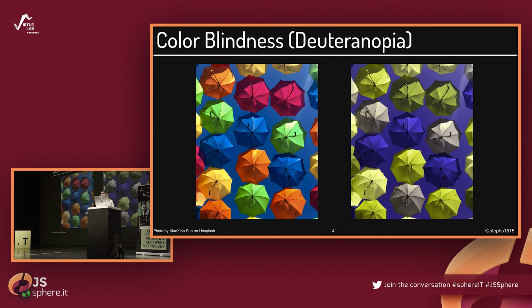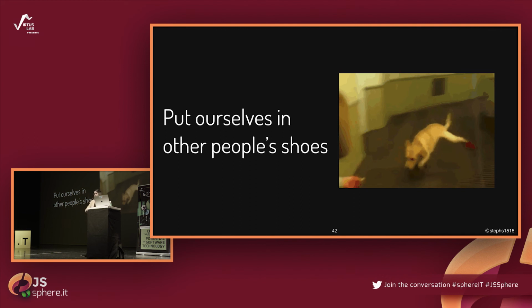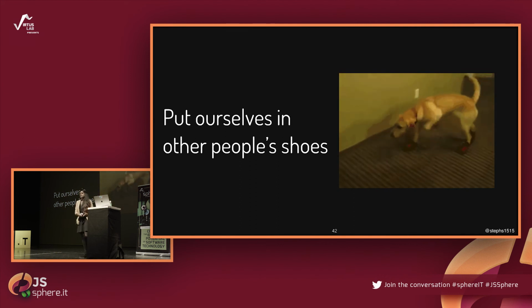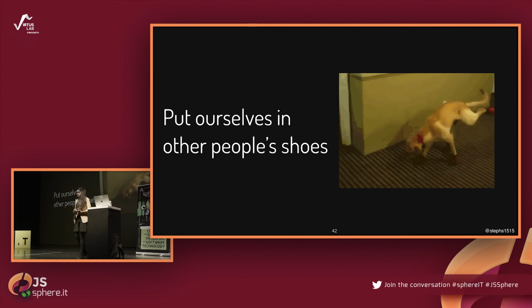So it's very different, and here's my point: if you try to deliver something only through color, then it might get misinterpreted. And with all this talk and all these examples, what I want to say is that we should try to put ourselves in other people's shoes. We should try to experience the web in uncommon ways, like what is uncommon for us, and try to think how other people will use my website or will use our apps. So in this way, we can be better at developing for them and not excluding anyone when we do things.